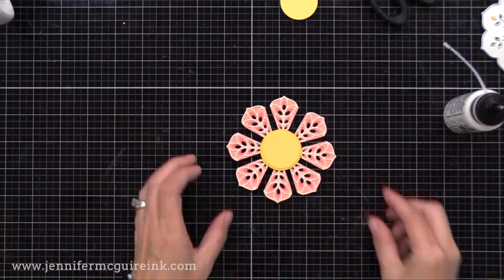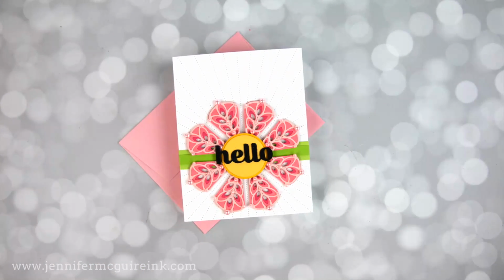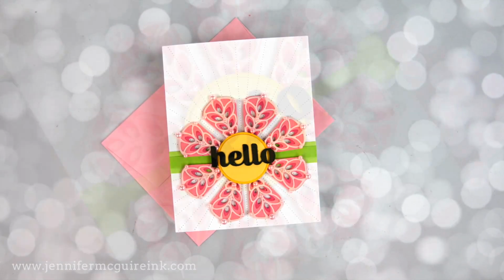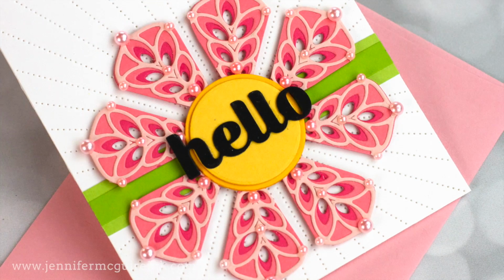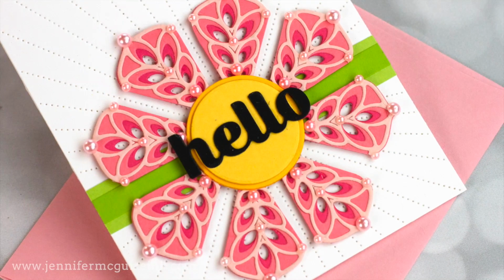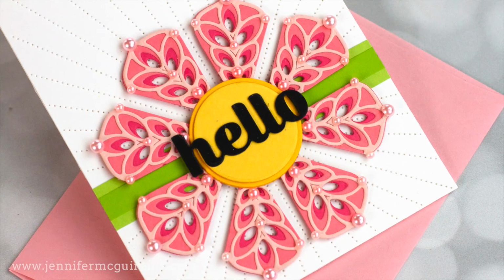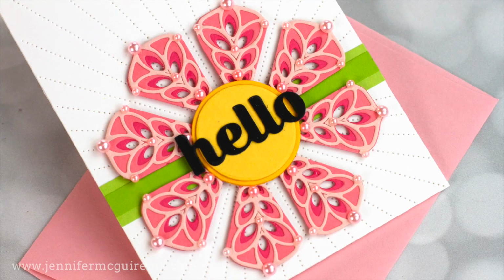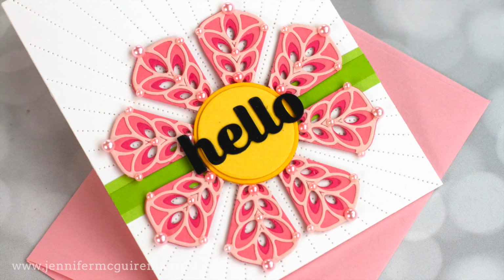The rest of this card is very simple. It's a 4 1/4 by 5 1/2 inch white note card, and I added a green border behind the flower just for a pop of color. I added the flower on top along with some pink pearls and a simple black hello to the center, and that is the Birch Press Sugar Hello script die. That's one I've used many times in videos. It's a nice basic one. So in this case, I changed the look of that layering die by cutting it apart and reassembling it into